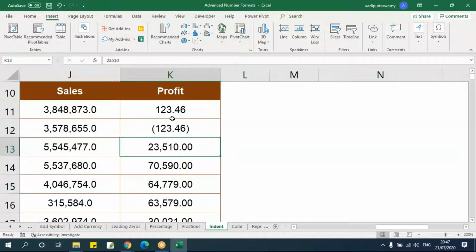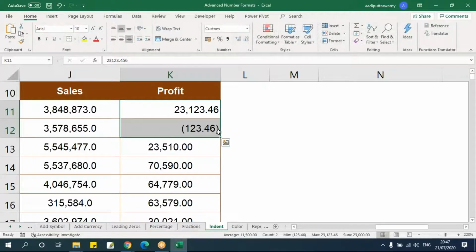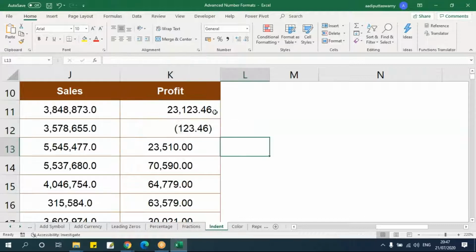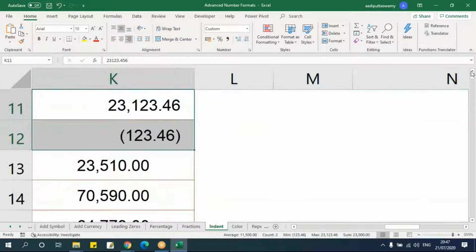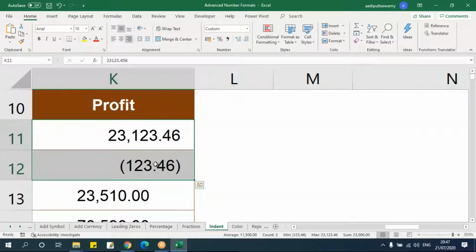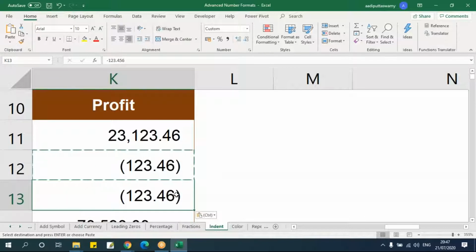Let's change this one to 23,123. Now can you see this? This decimal number is actually moving somewhere else like this. Let me make it like this. See, they're not aligning. If you see this, these decimals are not aligning. Let me copy this and paste it here.